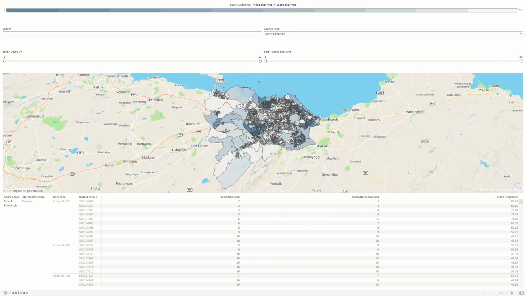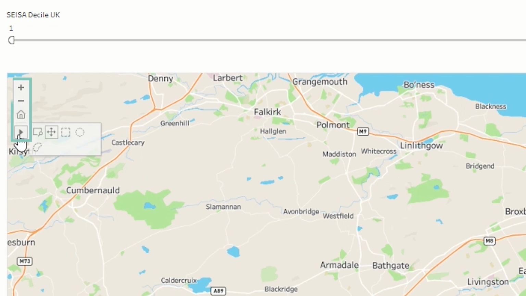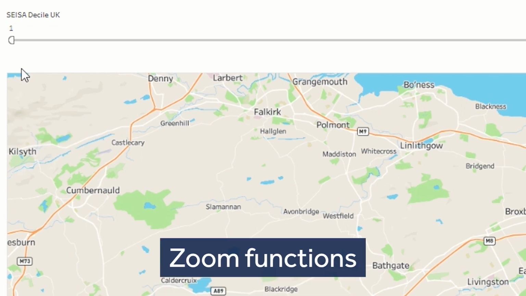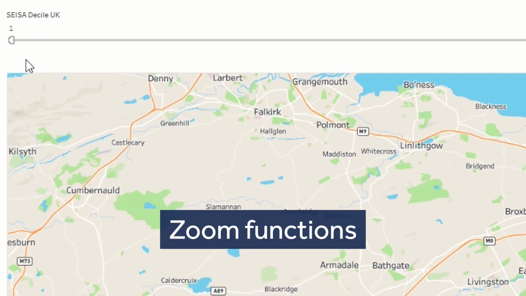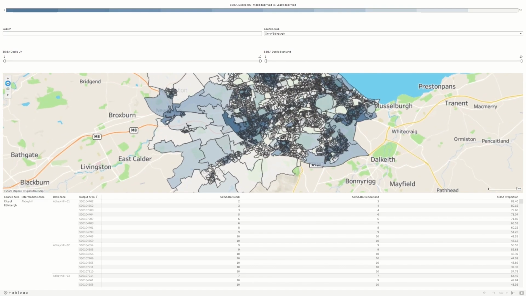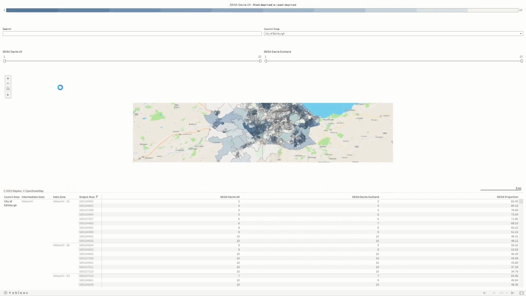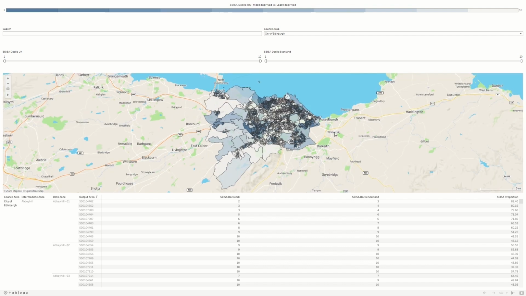If we look at the interactive maps themselves, we will now take you through some of the tools you can use to interact with the map. Whenever you interact with the map, you will notice a small menu appears on the top left-hand corner of the maps. The plus and minus buttons will operate as a zoom function, so the plus will zoom in and the minus will zoom out. These will zoom at set stepped intervals.